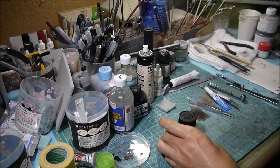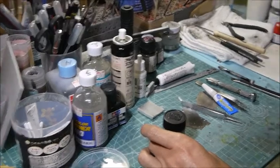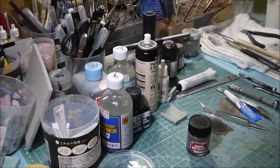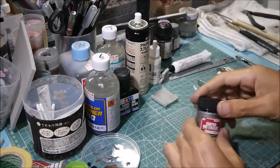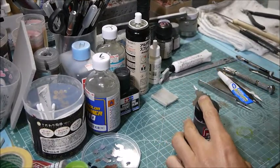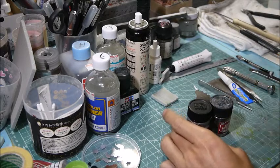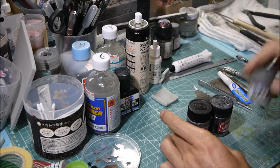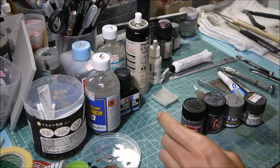Now you can see, sorry for the messy table. I have already started, so the table is quite messy, sorry for that. And there are some metal colors, and normally I use this kind of metal color. I don't have so much, but